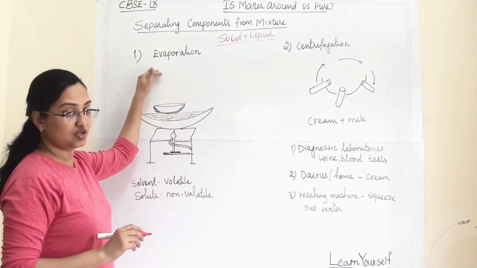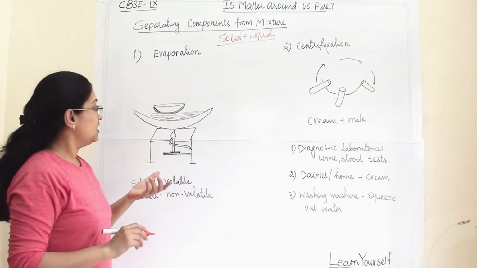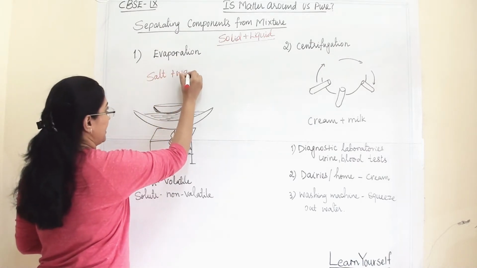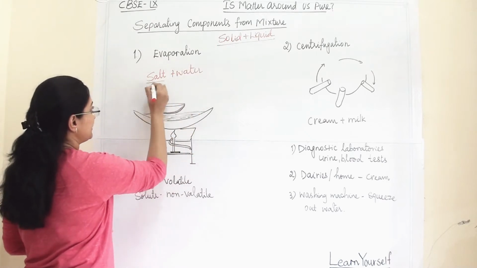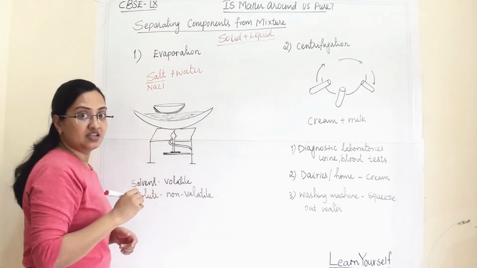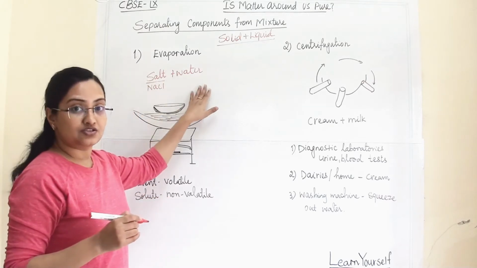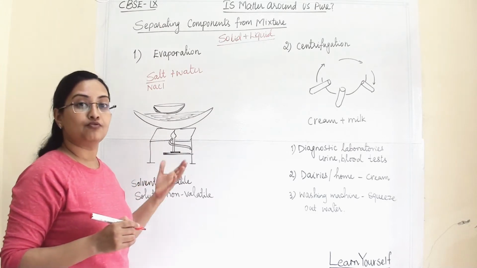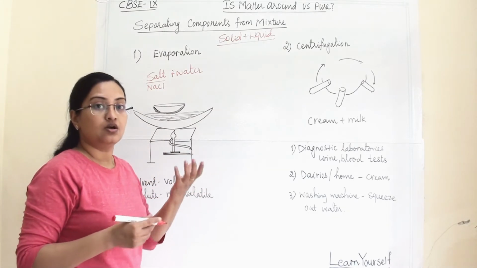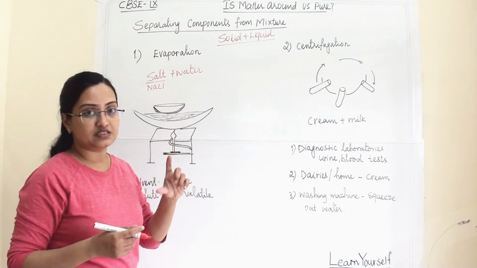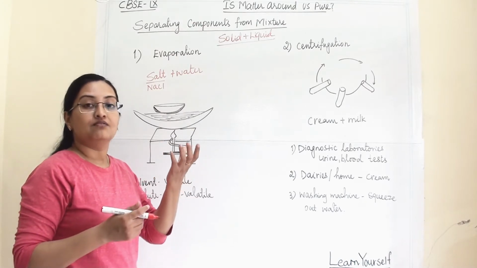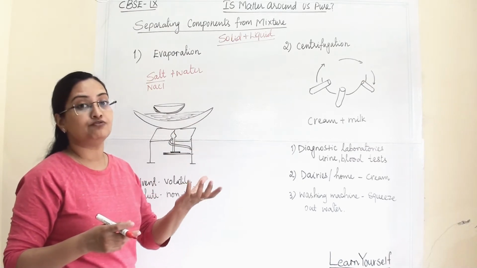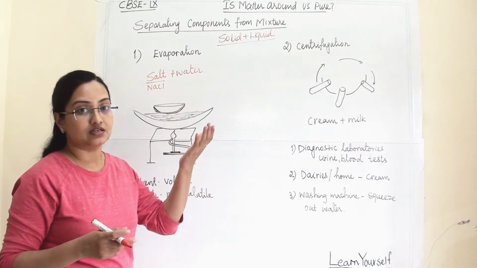First is evaporation. We know what evaporation is. Here I have taken the example of salt plus water. I have dissolved some salt, that is NaCl, in the water. Now I want to separate these two, so I will utilize the evaporation technique. We can also perform this on boiling water. We heat a beaker full of water, and once that water boils, we put a petri dish on it and take the heat from the boiling water to evaporate the solution.